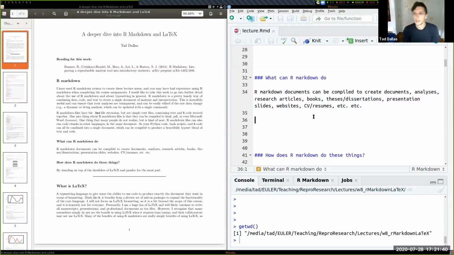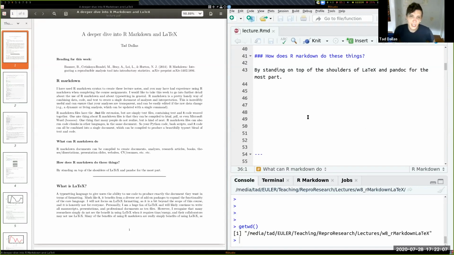So yeah, so I sort of want to draw the parallel between R Markdown and LaTeX first, and then we'll actually go through and process through some of the examples of how you do these different things in R Markdown.